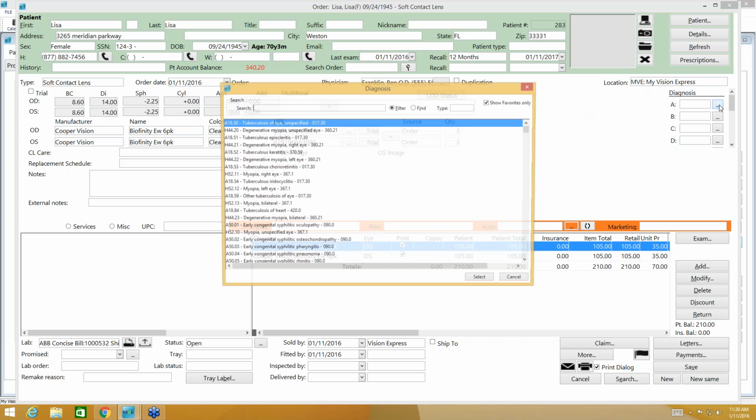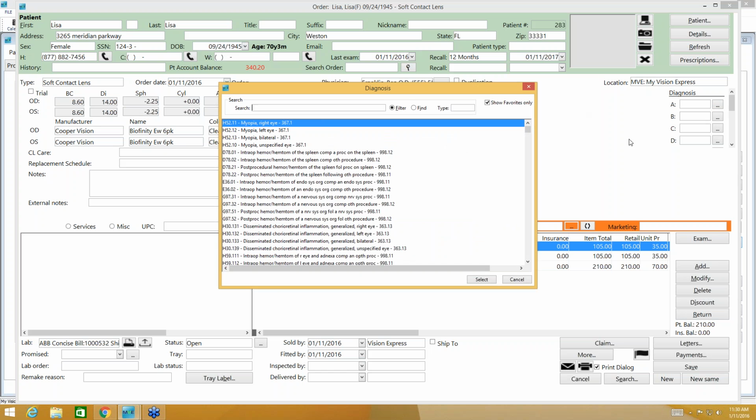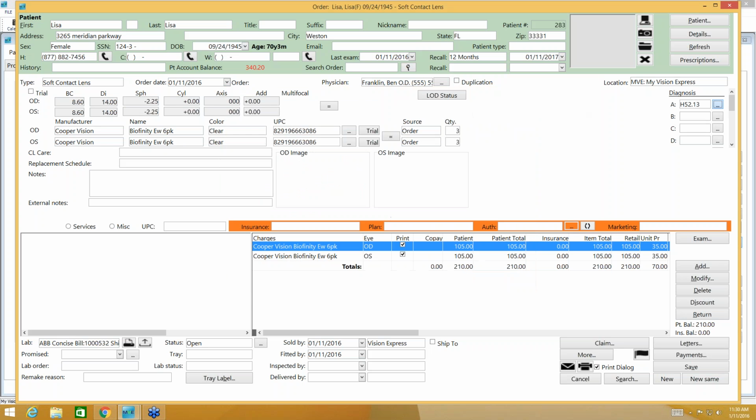I'm going to come here for diagnosis, and I can select my diagnosis code, and enter that in. My charges are already here, right and left, so I don't need to come here, all right? I do want, if my order is complete and I don't have any miscellaneous, maybe if you have shipping charges,